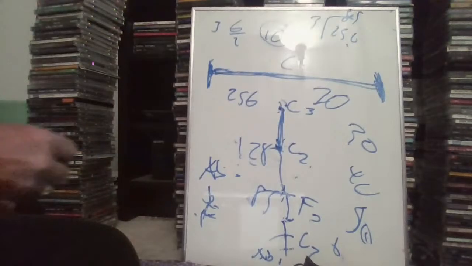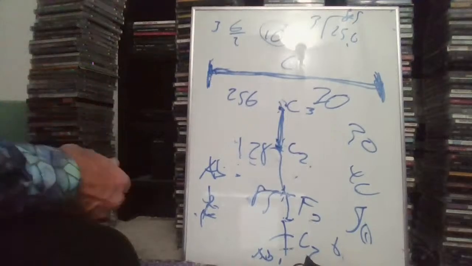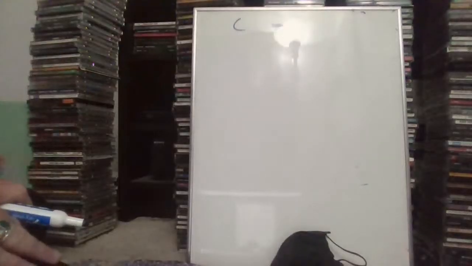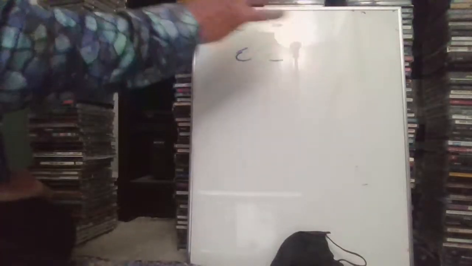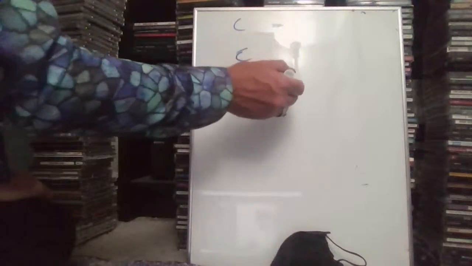So now, these undertones, I'm going to write a little better here. I think we explained that, but now I'm going to write it a little clearer. So basically what we're talking about with the undertones is you start with your top note, C. That's the fundamental frequency. Then the next partial is a C below that. That's double the length of the string, but half the frequency. Next, triple the length of the string, but a third of the frequency would give you an F.